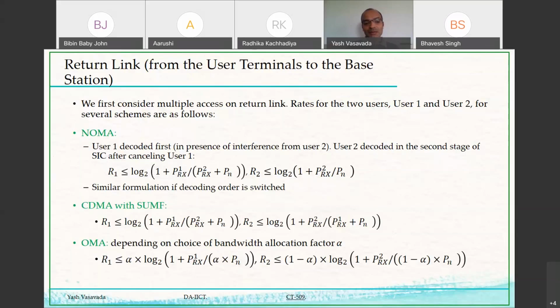But then the bigger problem is that outside of log 2, you get hit because now there is a factor of alpha and 1 minus alpha that gets multiplied. The log function gets multiplied by alpha and 1 minus alpha. Can anyone tell me why this multiplication happens? Alpha and 1 minus alpha?